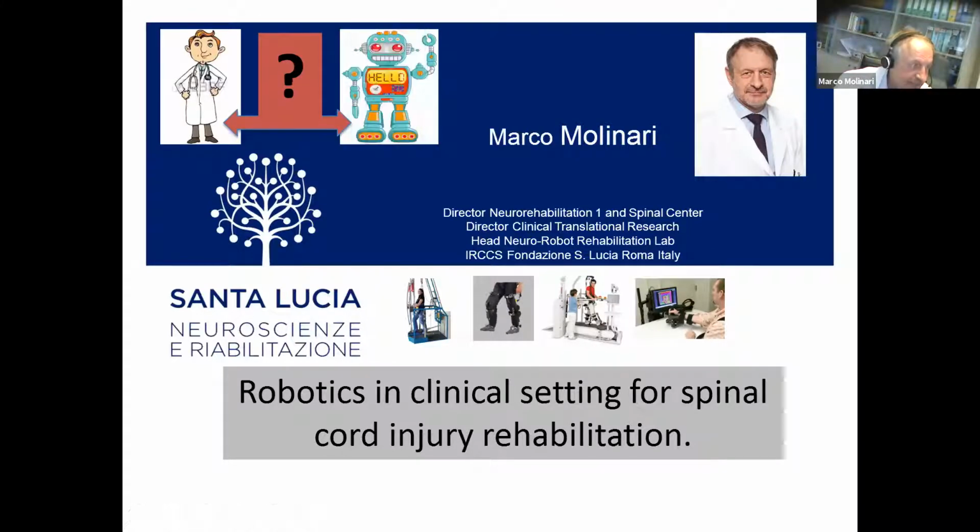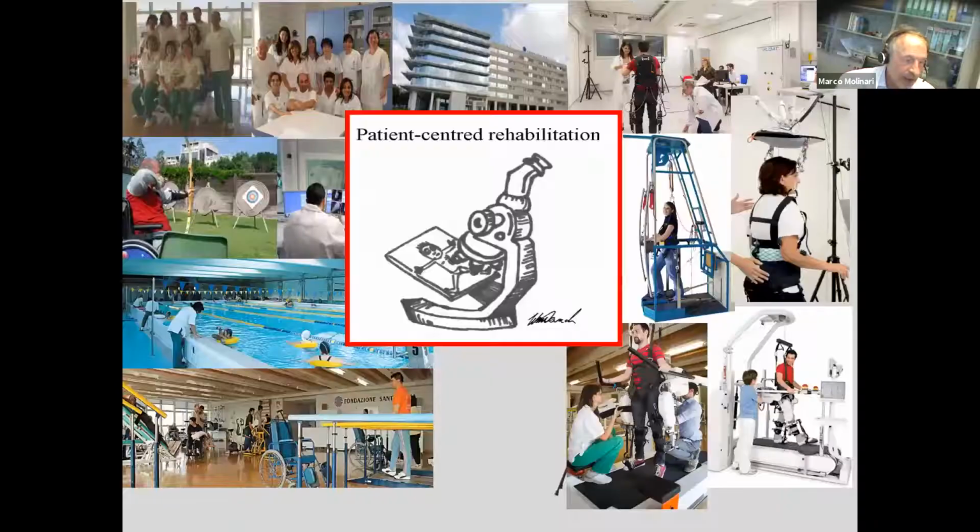The main idea is about human-robot interaction. In this case, I would like to make a joke and say that it's a therapist-robot interaction. So what is the capacity of the clinical system, of the clinical world, to accept robotics and to accept new technologies in rehabilitation? This is a puzzle slide with many different aspects of Santa Lucia activity,